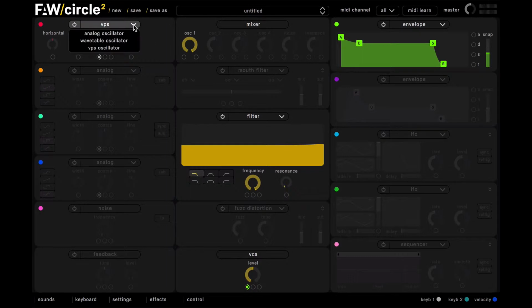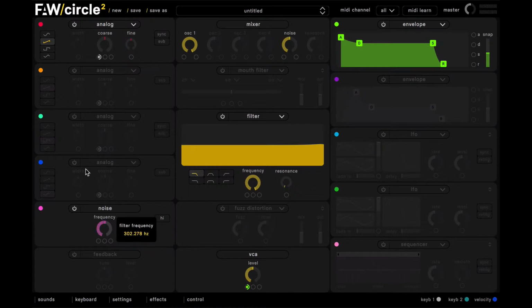So in slot 1 we want a sawtooth oscillator, and then we will turn on our noise oscillator and set the filter response to be a high pass filter and push the cutoff to about halfway. We'll then also turn on our feedback, push the level up slightly, and then just assign our keyboard tracking to